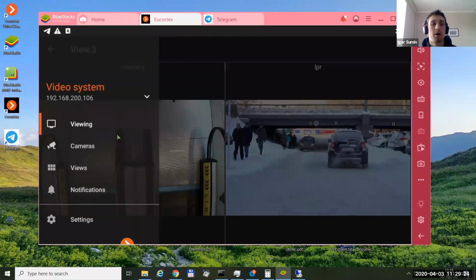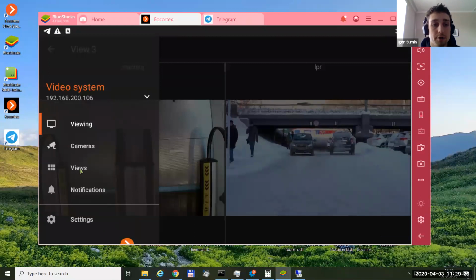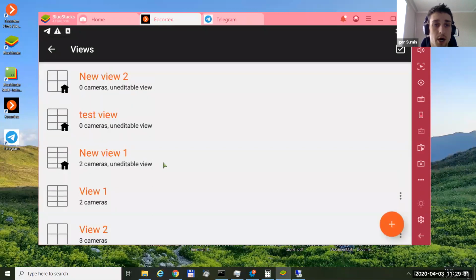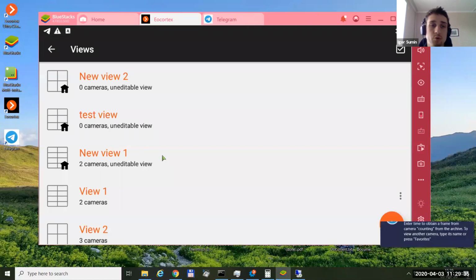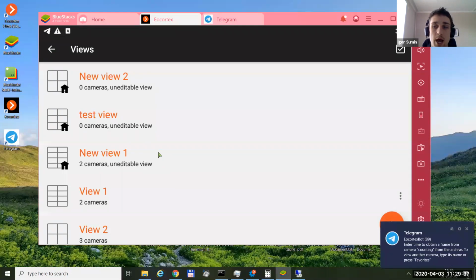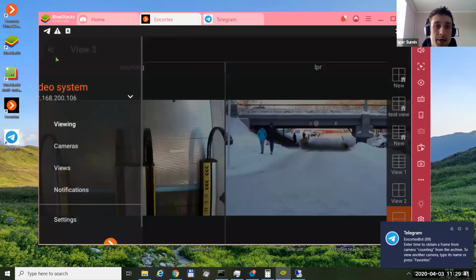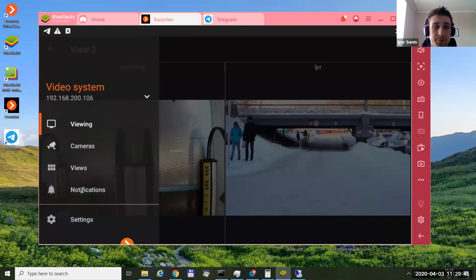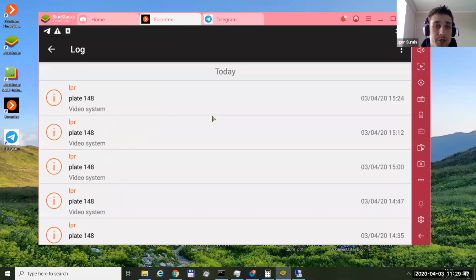And here we can also select other views. These views are available from the system, so if you configure the same view on the server, they will be available also here. And another interesting option is notifications. So all the notifications that are received from the server,